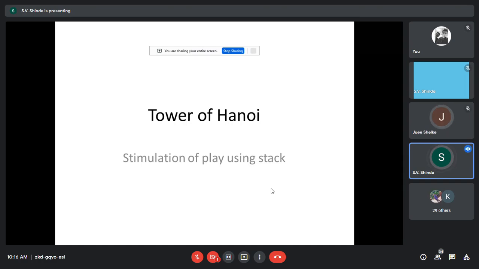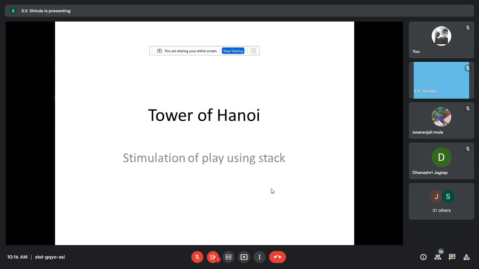We will also study the detailed data structure of stack. But prior to that, we will see one of the interesting applications, and you can develop some games using stack. One of them is nothing but Tower of Hanoi. Here we are just simulating what it is.